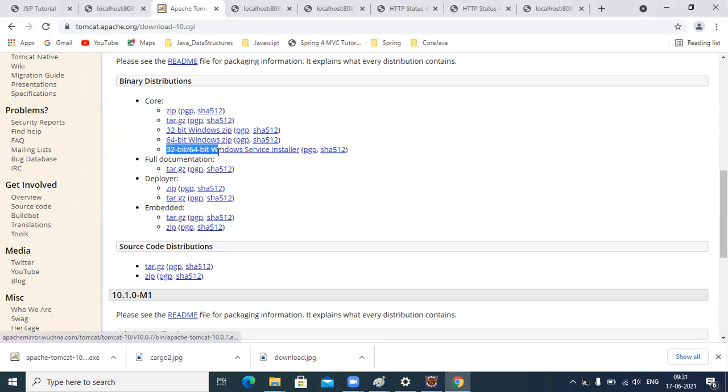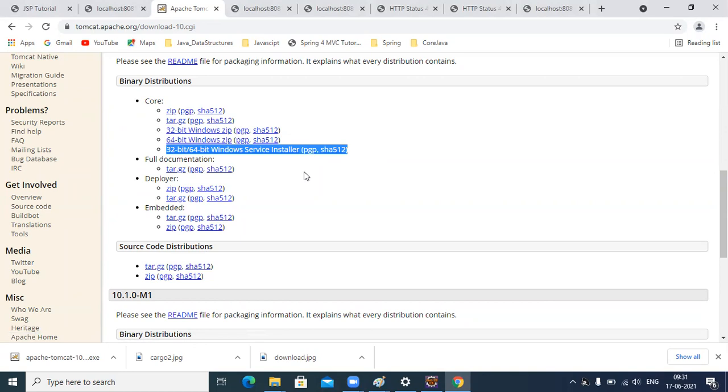You have to remember one point. Whenever you download any application, you should download the service installer. For any application, you will have a service installer, so you have to download that instead of the zip files. Usually these are nothing but source code, so sometimes you will get issues. So you should always use a service installer to download applications. So you have to click this. Okay, yeah, I got it now.